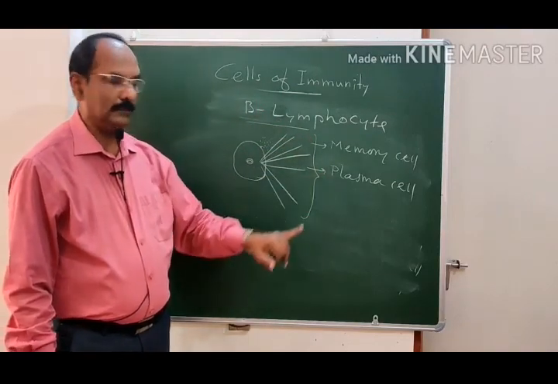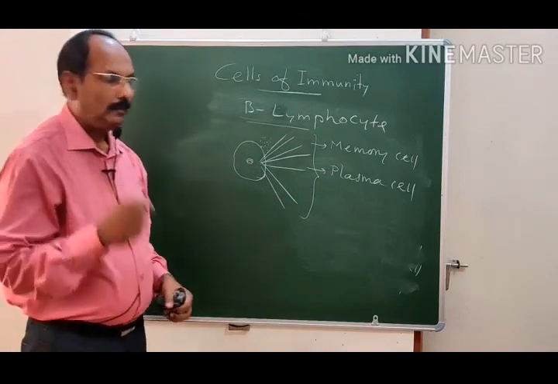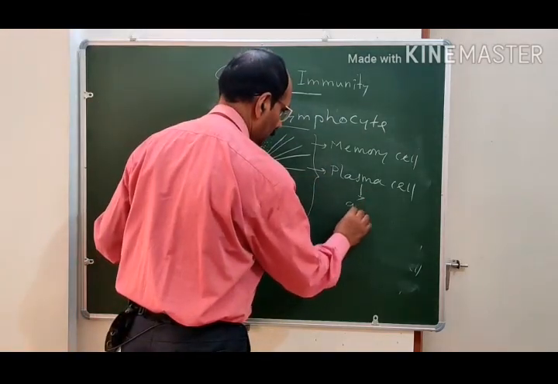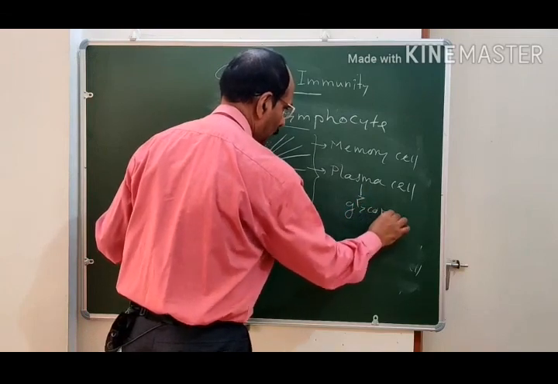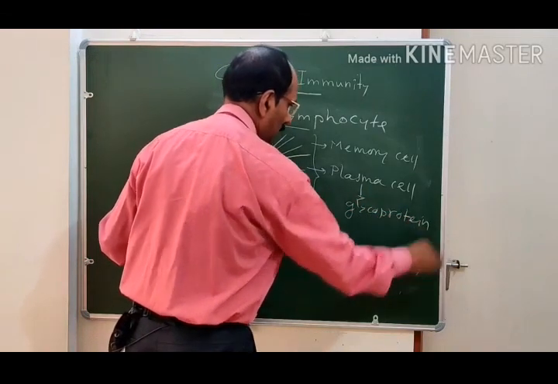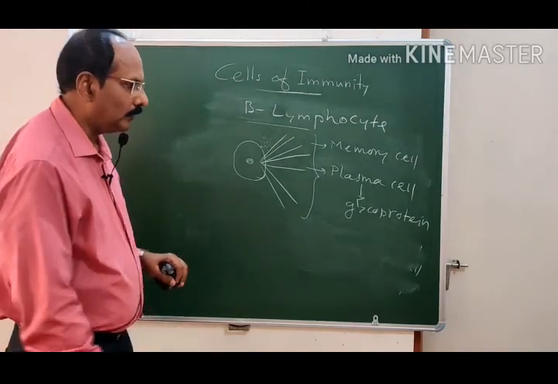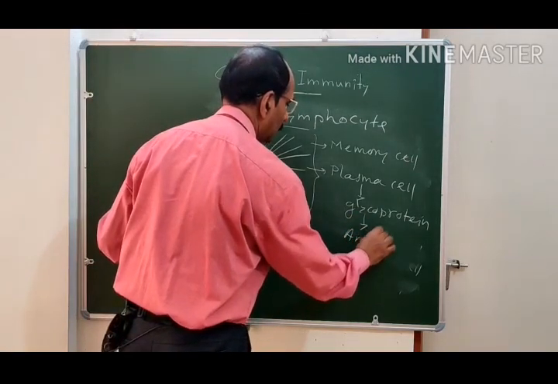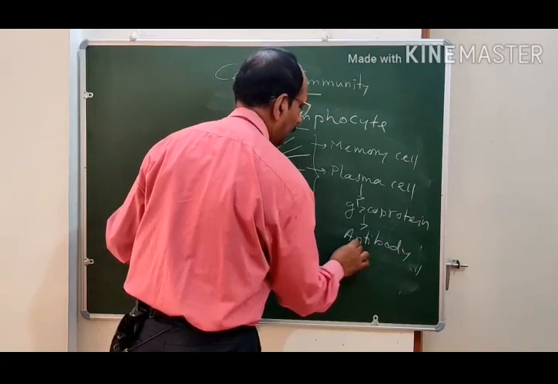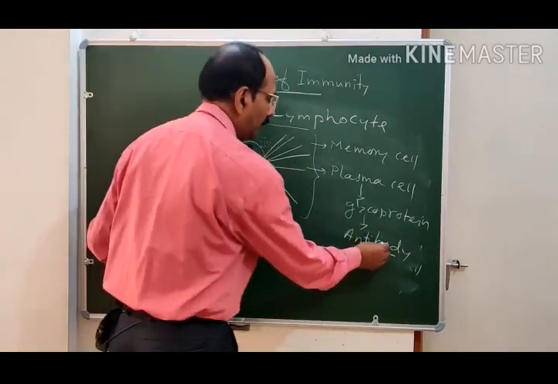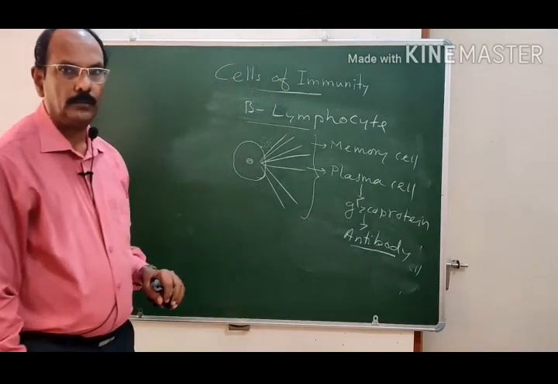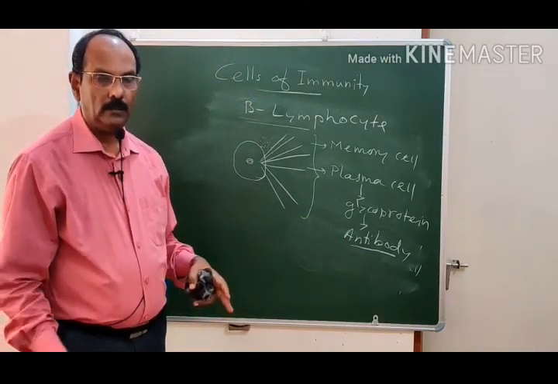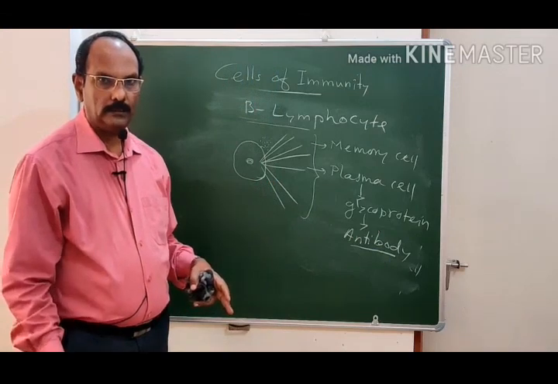The plasma cell produces a particular chemical, a glycoprotein, which is known as the antibody. This antibody helps to neutralize the toxin produced by the microorganism, or it may directly kill the microorganism, or help to destroy the microorganism and eliminate it from